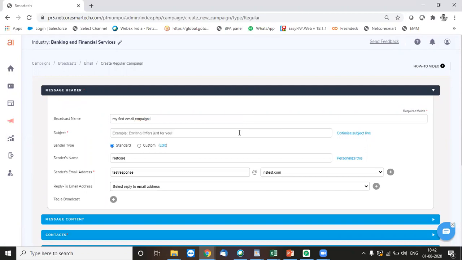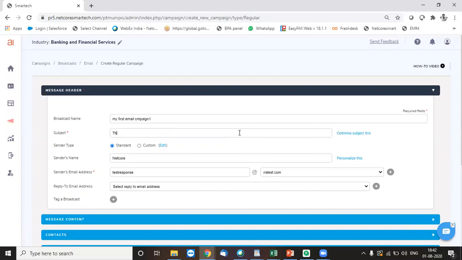Now I go for the subject line. The subject line is something which would be visible to the customer, and this is the most important thing that can attract a customer to open your emails. Because on average, every person gets more than 100 mailers in an inbox on a daily basis. So we need to ensure that whatever subject line we use is appropriate and attractive to get the opens.